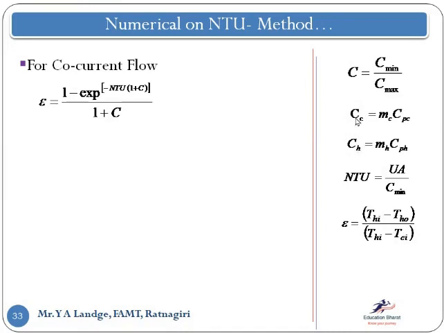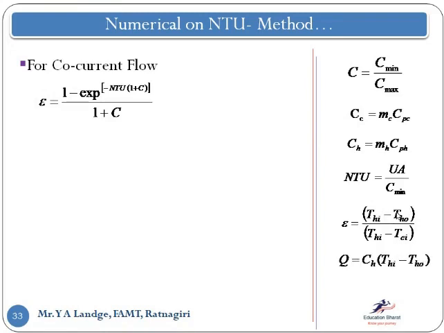If it is the cold fluid, then I take the temperature difference of the outlet temperature of the cold fluid minus the inlet temperature of the cold fluid, and the denominator stays as it is. If CH, the hot fluid heat capacity rate, is minimum, then we can use this formula. If I know the effectiveness, THI and TCI, the third value is unknown to me and I can easily calculate it.